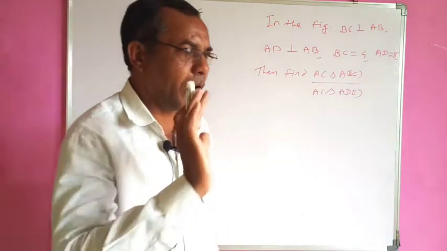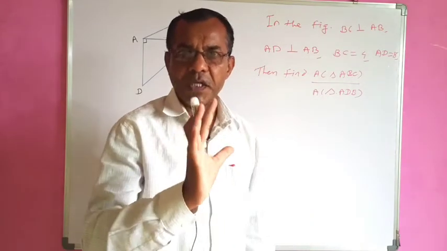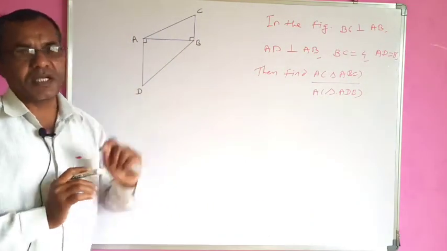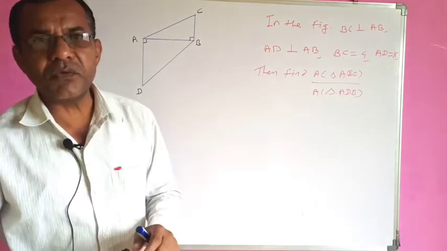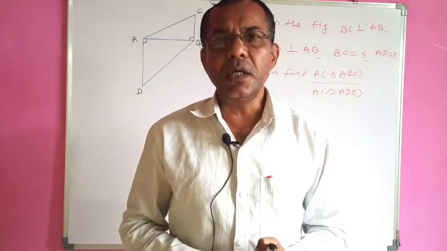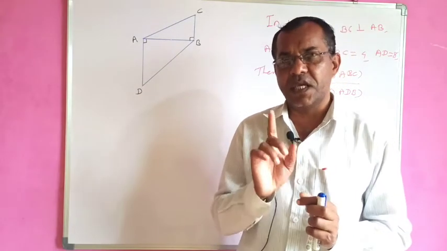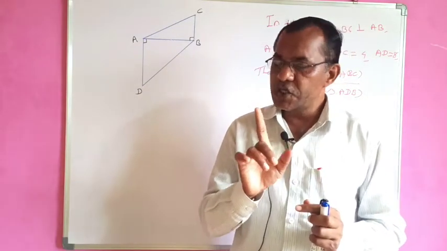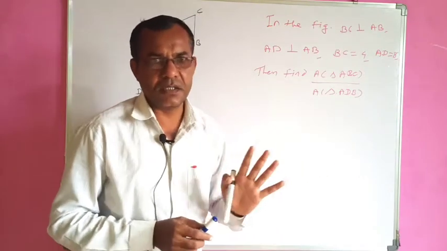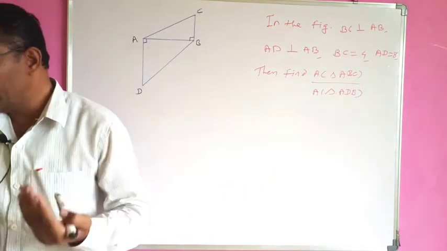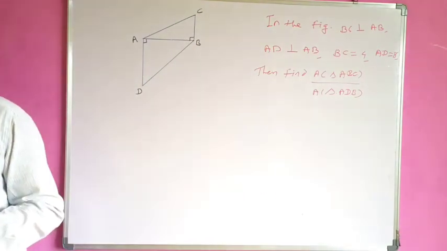Now friend, we have identified what is common here, that is base AB is common. Then which property will we use? The ratio of the areas of two triangles having a common base is equal to the ratio of their corresponding heights. This is the property we have to use here. Then we will write here